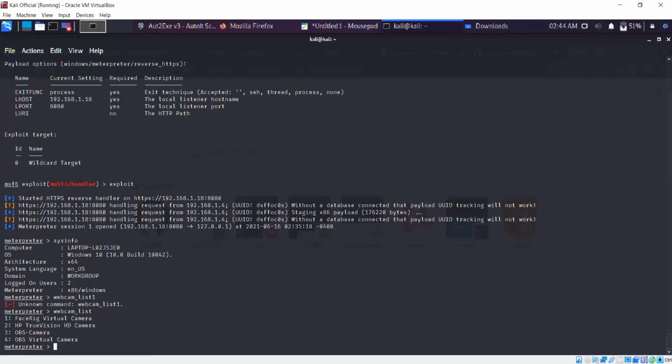All right, if my screen is visible, we had opened a Meterpreter session, which means that we have full access to the target machine. You can run a couple of commands. You can run a command to capture an image from the target's webcam. I don't have the command with me right now, I'll share it as a resource. Once you run that command, it will capture an image using the target webcam, and the image will appear right here in this Meterpreter session. Again, you can do anything you want. You can look up Meterpreter commands, and yeah, that's it for Meterpreter.